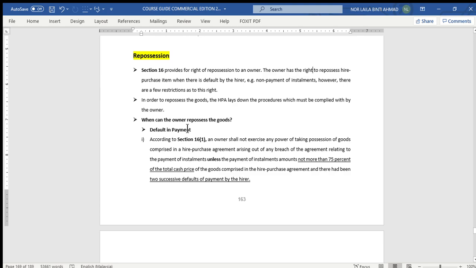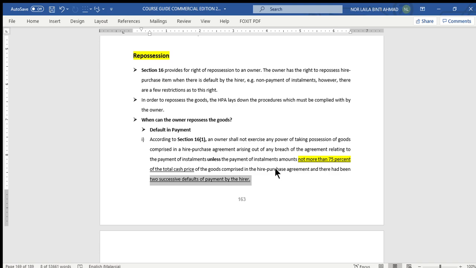So in order to determine the default in payment based on section 16 subsection 1, the owner can repossess the goods from the hirer if, I give you the brief explanation based on this provision, the payments of total installments are not more than 75% of the cash price and there are 2 successive defaults of payments by the hirer. So you have to highlight these two